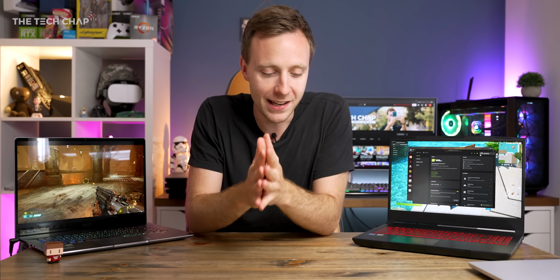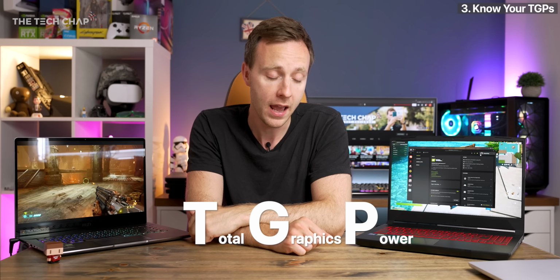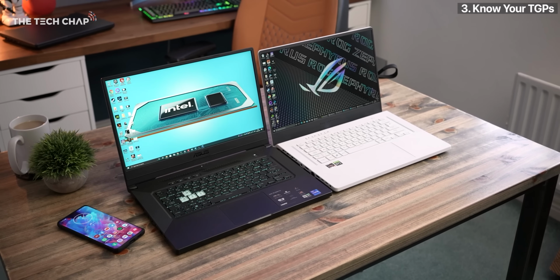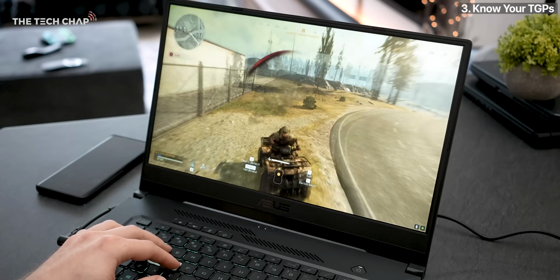Okay, number 3, and it's a 3-letter acronym this time, TGP, Total Graphics Power, and this is a big one. Previously, in a simpler time, all we had were desktop graphics cards and Max-Q laptop graphics cards. We still have Max-Q, we're actually on the 3rd generation Max-Q now, although that's more of an umbrella term for the sort of power technology they use, like Dynamic Boost 2.0 and Whisper Mode 2.0, and a bunch more stuff. But TGP is more important to look at than ever,